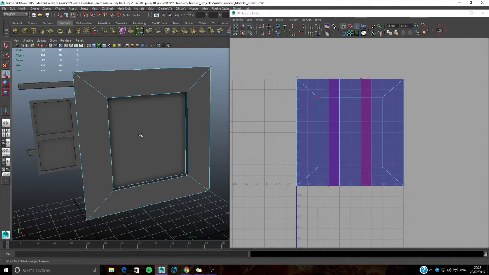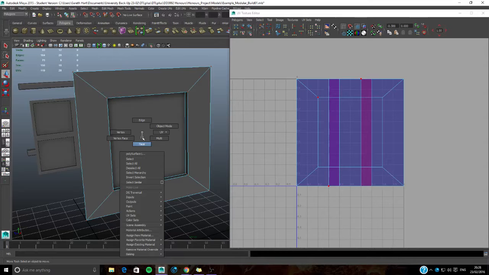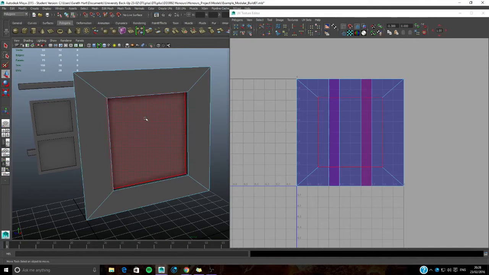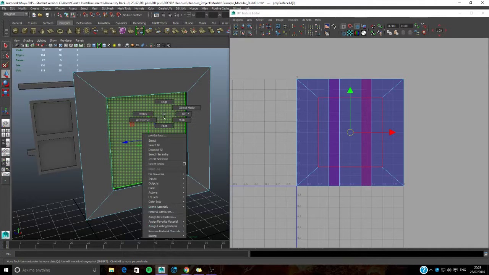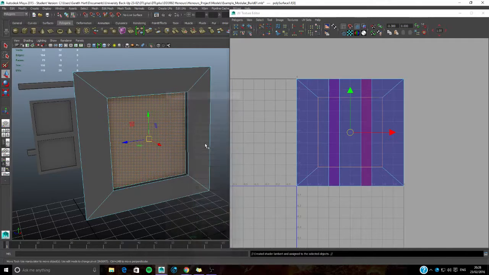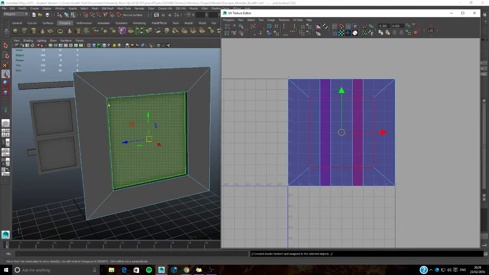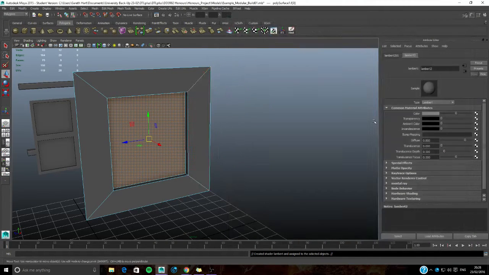That's not going to be brick in the middle. So what we need to do for this, it's very important with this bit, select this face, hold right click, assign new material, and assign a lambert to it. And then that's done. That means that all this has got one material, and now this lambert has got another material. So when you export into UV4,